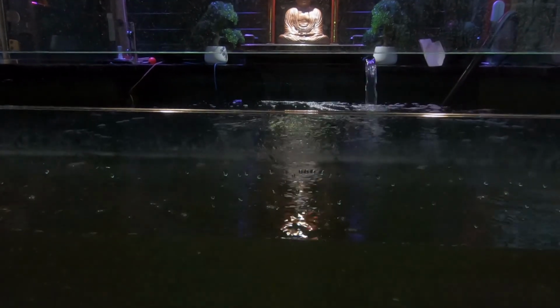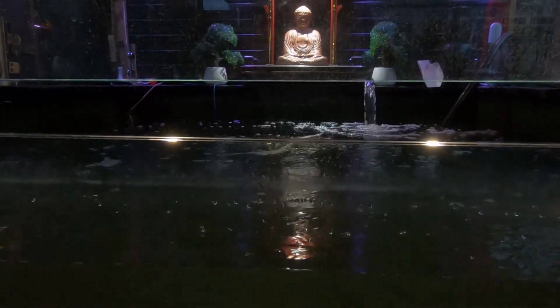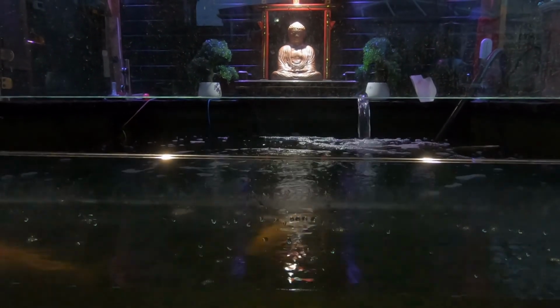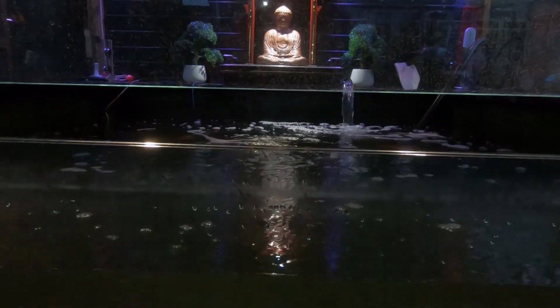So immediately, quick panic. The reason it was 6.9 is the probe is in the moving bed, and the moving bed had emptied of water, so the probe was just in the air really. It was 6.5 within the filter house itself, so it wasn't the water, luckily. But all the fish were gathered together underneath the return to the pond, so they didn't like it